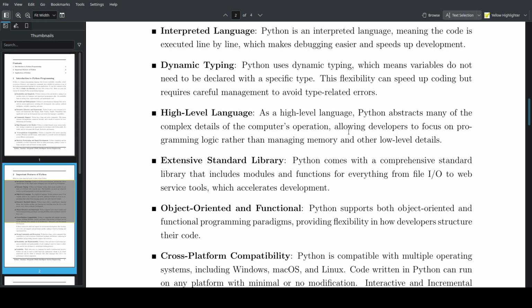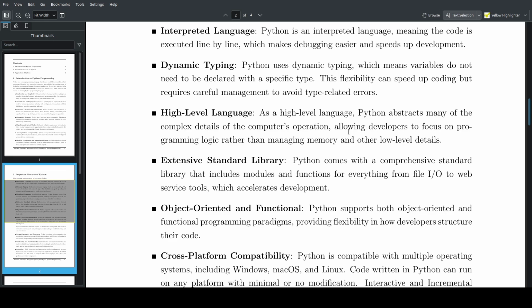That means it's an interpreted language, line by line, not a compiled programming language like C or C++ that first compiles the whole program before it runs. This is interpreted, which means it executes line by line. The program begins to execute from the top, and if there's any error in the code, it will stop at that place.